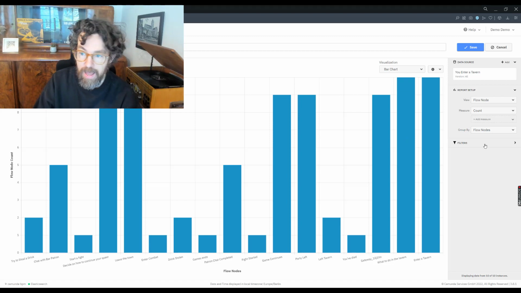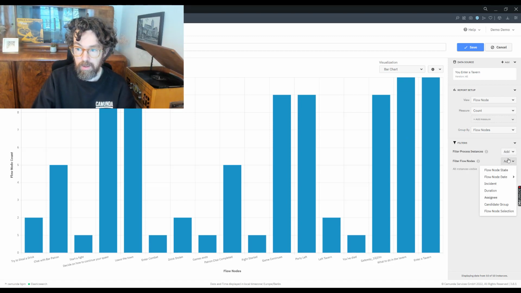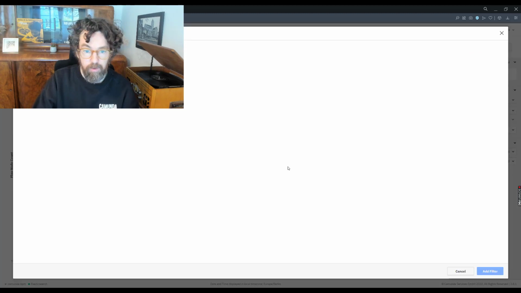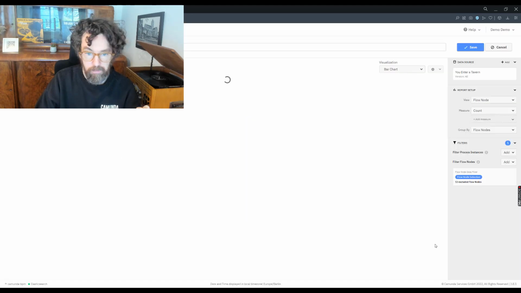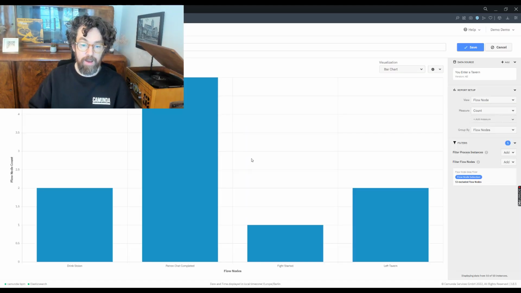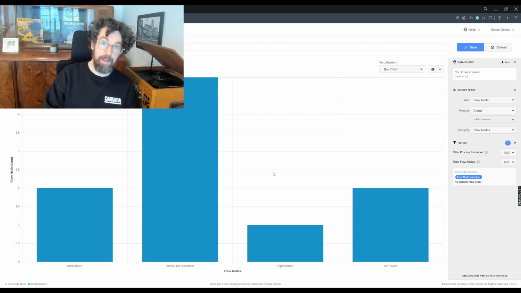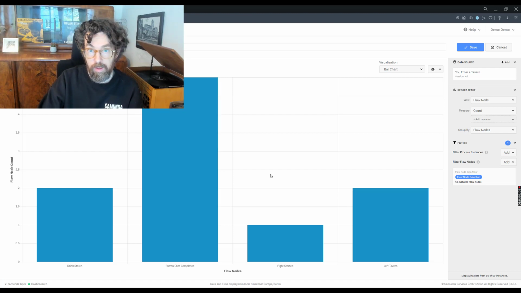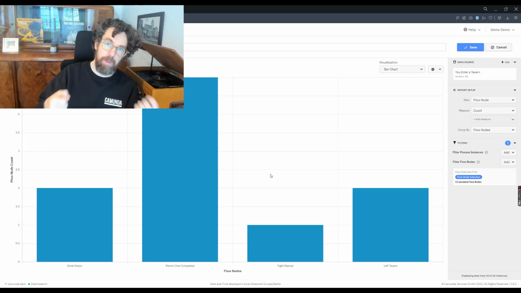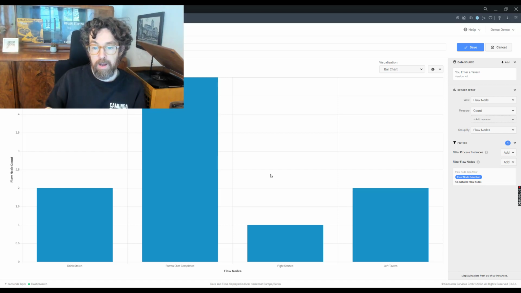But now we can actually go in and say, okay, well, now let's pick just the important states we care about. So we can go in and say, we just want this, this, this, and this, for instance, and say apply filter. Now what we have is a report that makes more sense. It's abstracted from the entire process model and it's designed from the beginning to relate to KPIs that we care about. And also, you don't need necessarily to have somebody fully understand the process from end to end, but rather just be able to match these milestones.